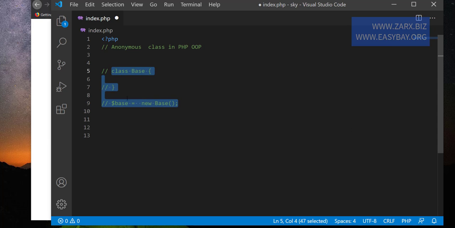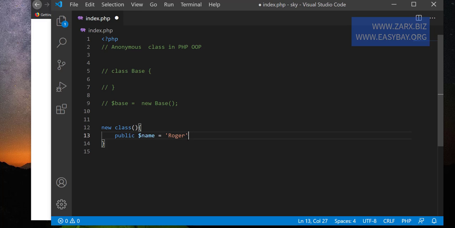Here I'm going to create an anonymous class. To do that, I'm going to simply say class, and then we are going to provide anything inside it. So when you create a class, you just need to add new in front of it. If you match the syntax, you will see that we are doing something like this here. Here we are providing the class name. Here we are just saying class, and inside it we can have properties. So we can say public $name. Let's put a value in here. So I add